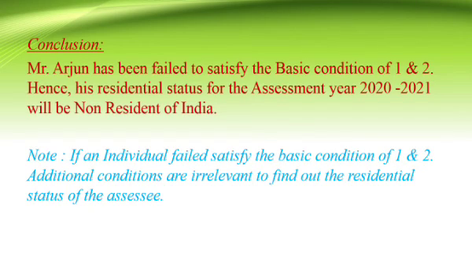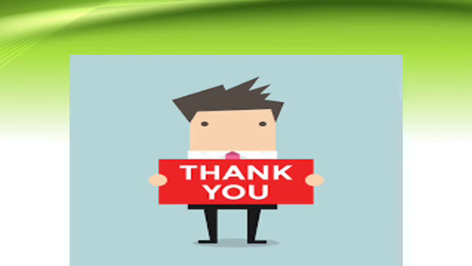Then see the notes. You can understand very well. If an individual fails to satisfy the basic condition of the first condition and the second condition, the additional conditions are irrelevant to find out the residential status of the assessee. Because, as I already stated in the rules about the conditions to be fulfilled, if any assessee fails to satisfy the first